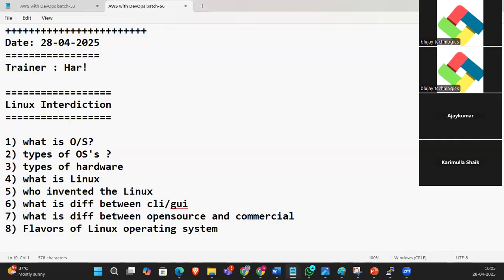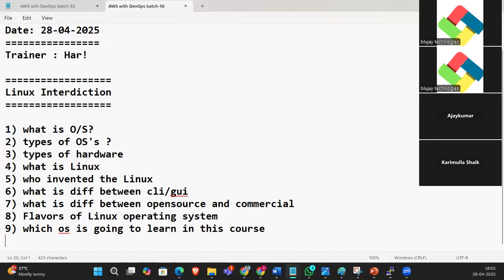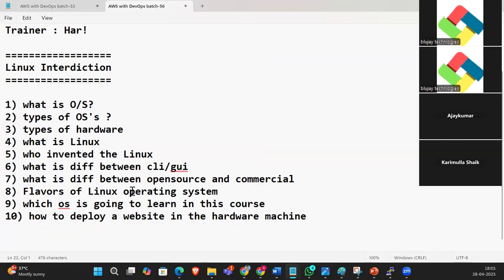Flavors of Linux operating system. Then which Linux OS is going to be used in the lab? Okay, so we'll discuss these, guys.